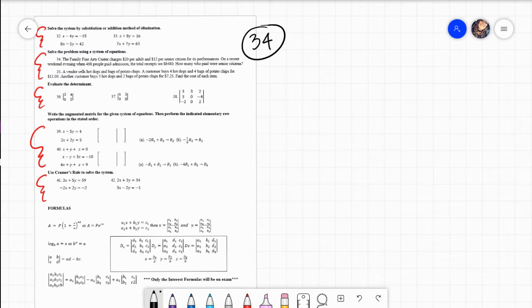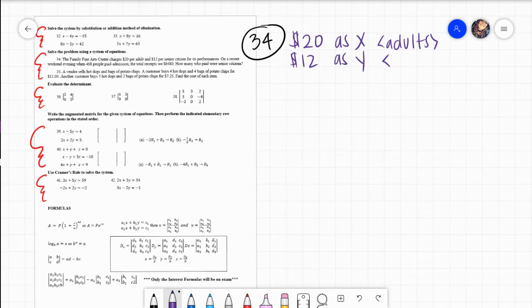okay, let me just write it here. It'll be easier to say this. Okay, so we're going to look at the $20 tickets as X. And so these are the adults. And then we're going to look at the $12 tickets as Y. And so these right here end up being your seniors. Okay, so if we're going to use X for adults and Y for seniors, we could actually create an equation